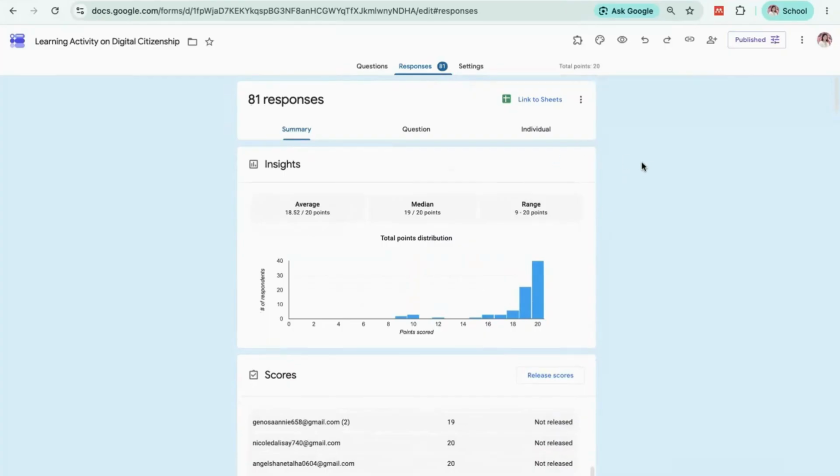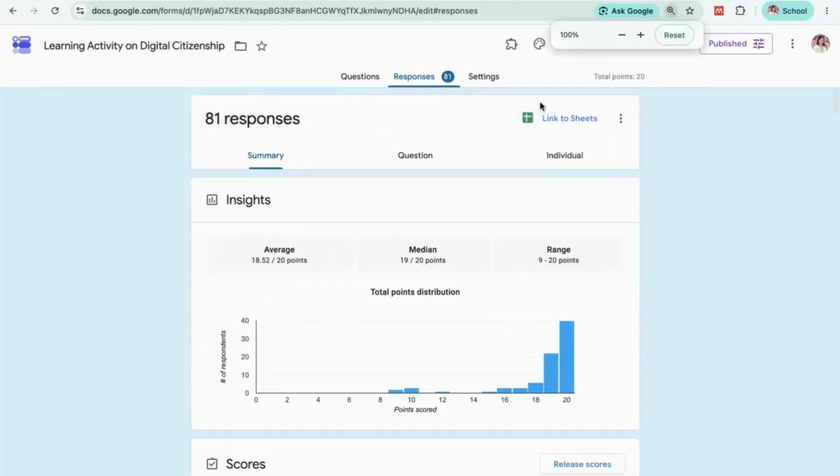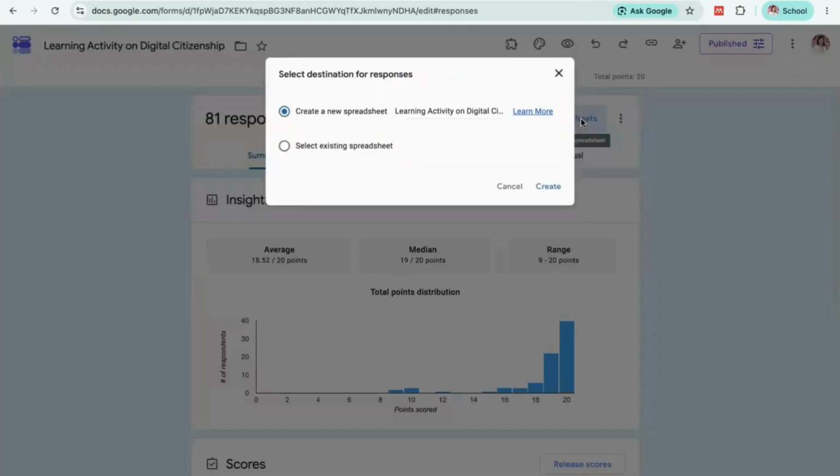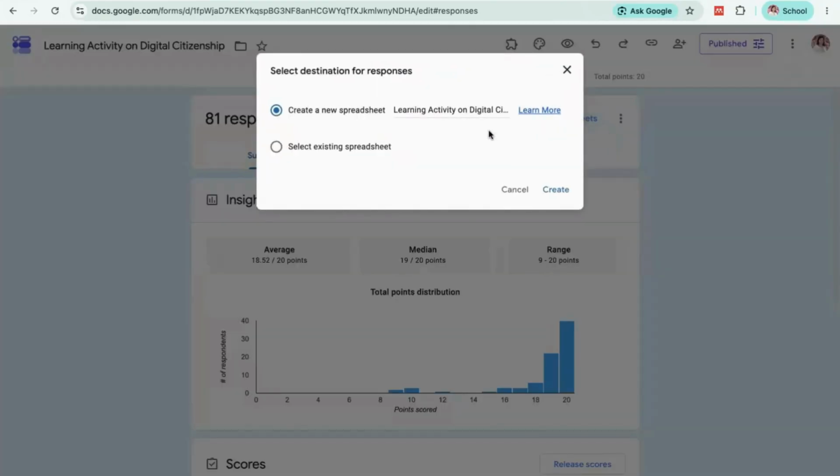If you want to view the responses of the students in Google Sheets, you have to click the Link to Sheets button here at the right side of the screen. If it is your first time to link the form to a Google Sheet, these options will appear in the dialog box.